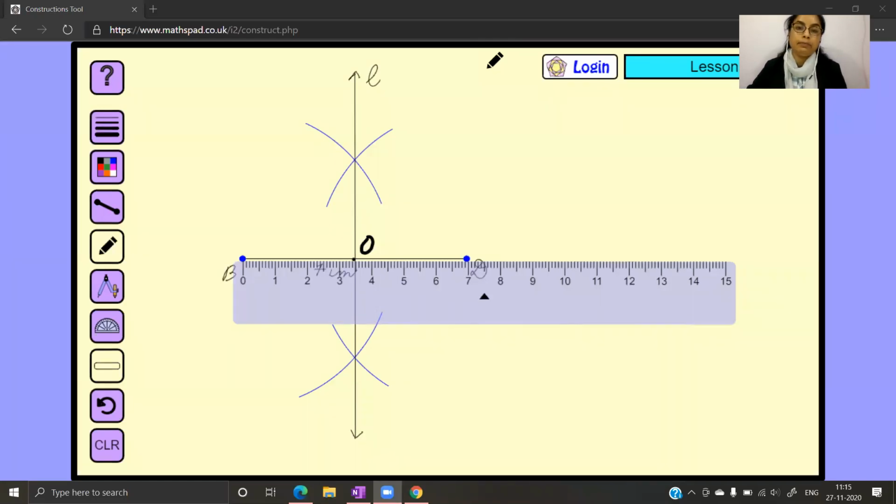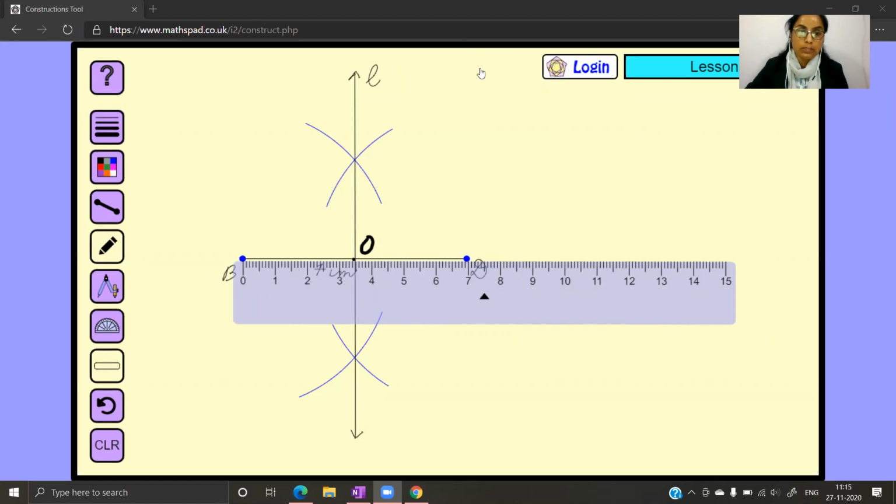Although finding the midpoint is easy, you can also mark it directly, but we don't need just the midpoint. We also need a perpendicular here. We need 2 things: a perpendicular as well as a bisector. Finding the half is easier with the help of a ruler. You could just find the half by using your scale, but we want an angle of 90 degrees through that midpoint. That's why we are constructing the perpendicular bisector.